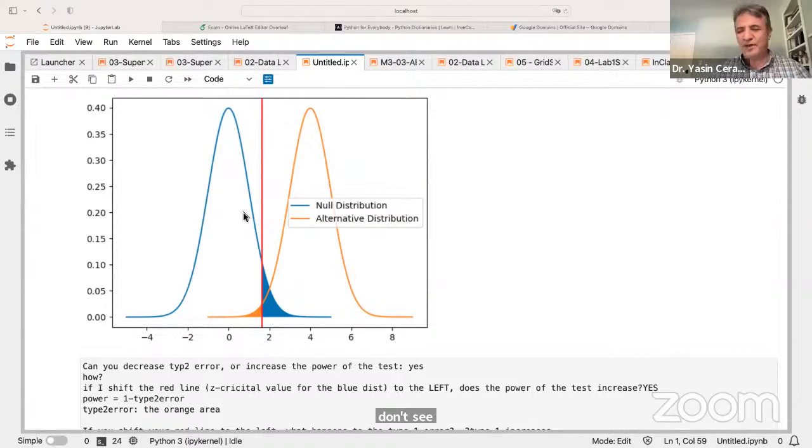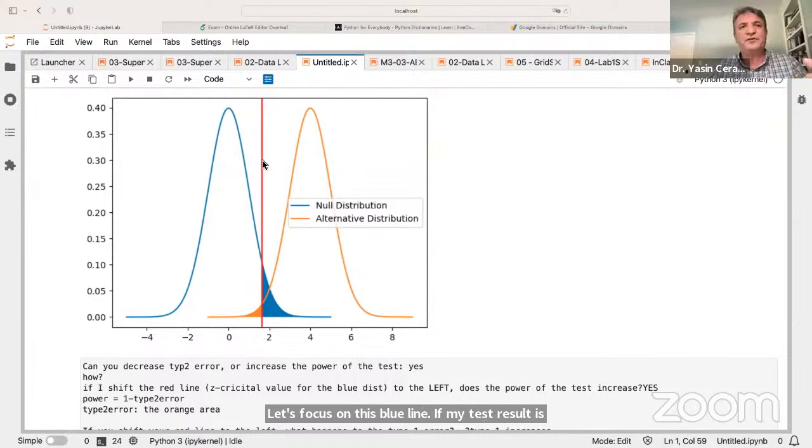Let's focus on this blue line. If my test gives me a statistic value that falls to the left of this red line, somewhere from -infinity to, I don't know, 1.8, so 1.96 actually,